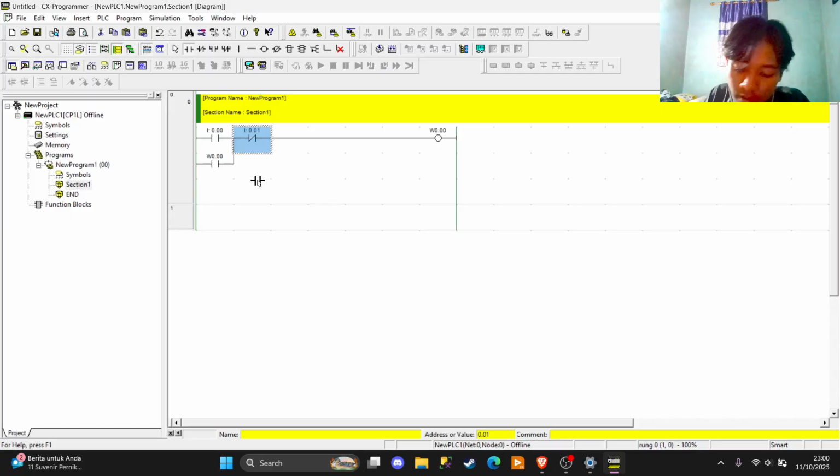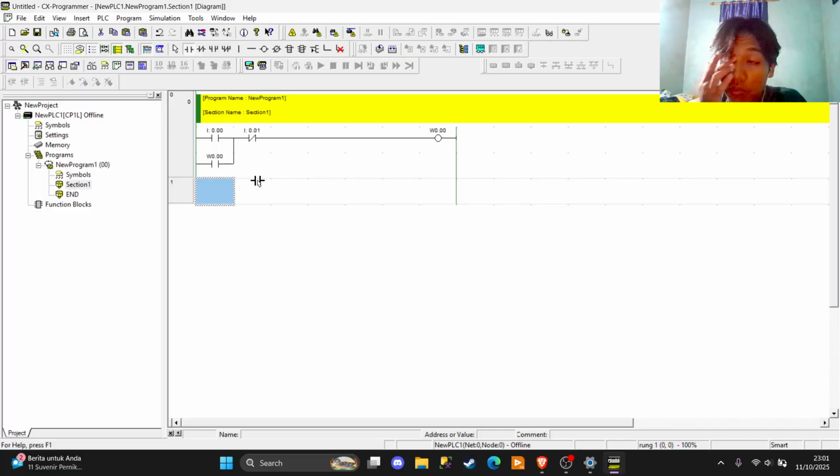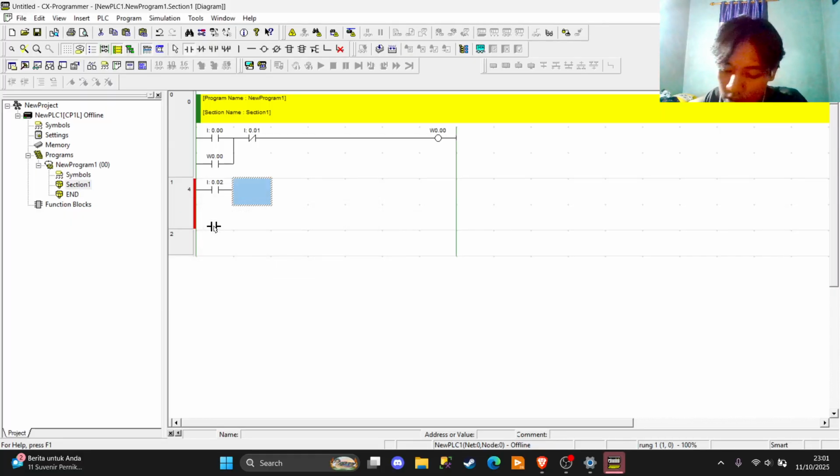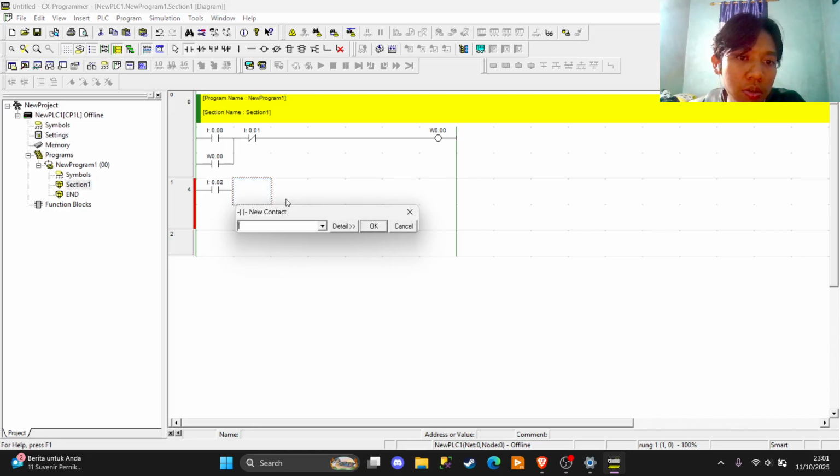I already explained the interlocking system in my previous video. Okay, and then we go into rack 1 part 0, already done, and then we should make a switch in here with the normally open button. We go to the address, and then we need the same as the output from the rack 0.